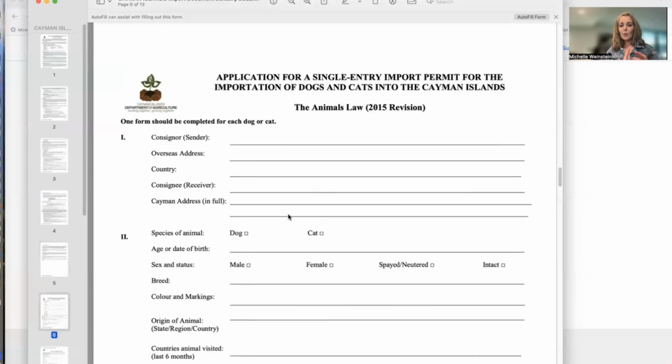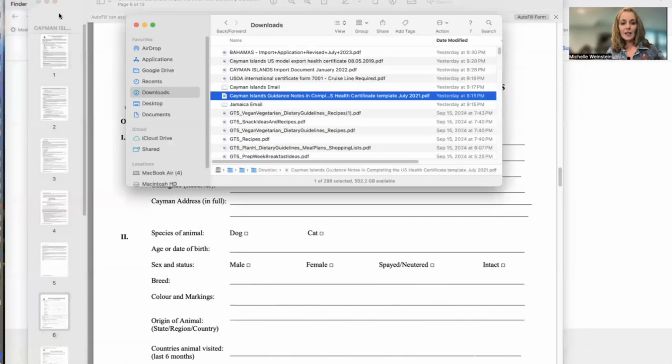So again, step 1, contact the local vet at the country or the port that you're going to. Step number 2, take this information, make sure your vet is a USDA-accredited vet where they can sign off on these unique health certificates. And then also for us, because it was a cruise line, I needed to work with the cruise line. To be honest, they were pretty clueless as to what was needed in every country. So that's why I went directly to each country. However, they did need